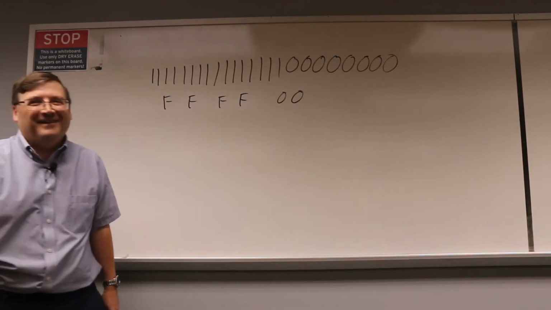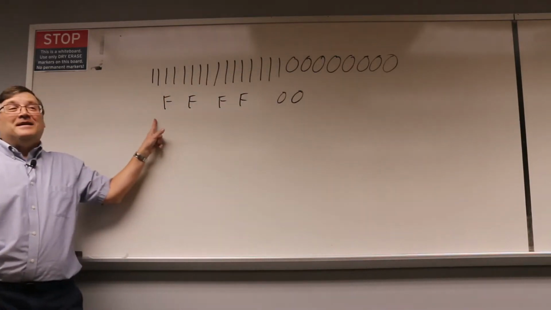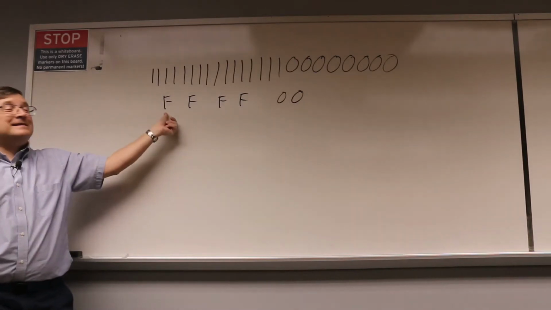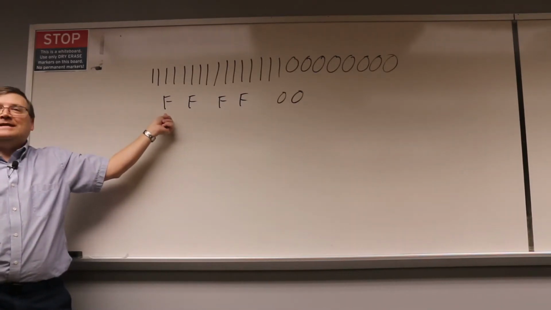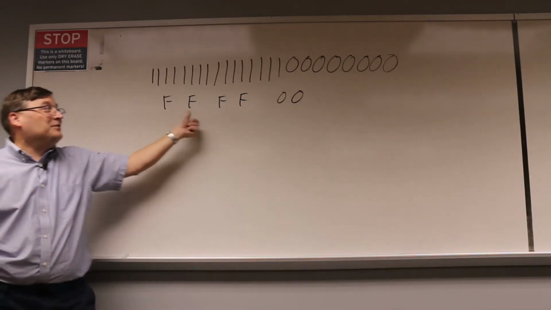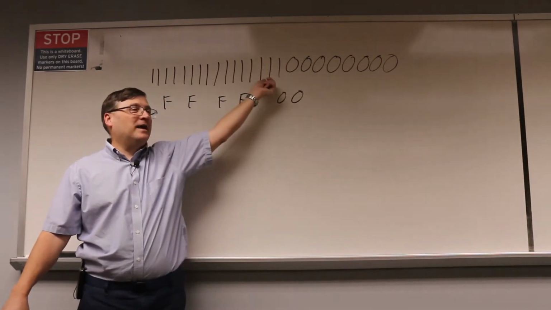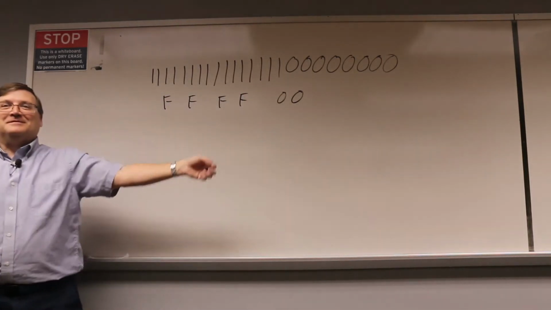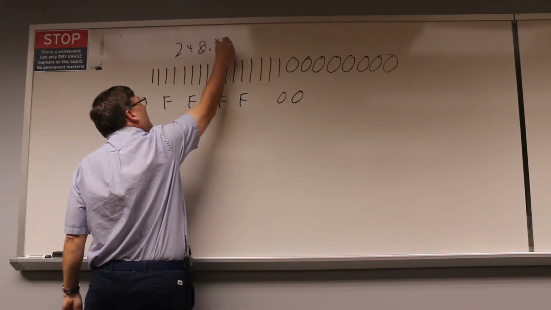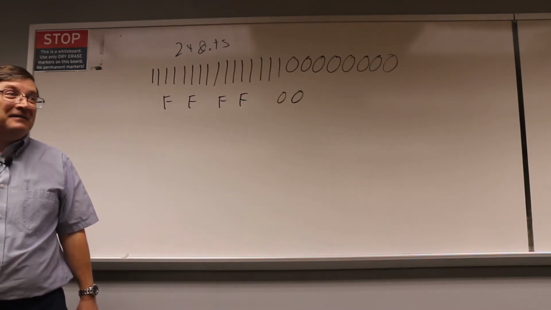No. Okay, if this is binary, what's this? Hexadecimal. All right, each hexadecimal symbol represents how many bits? 4. If we have 1, 2, 3, 4, 5, 6 hexadecimal digits, how many binary bits did we have? You see why we do hex? Yeah. All right, now,